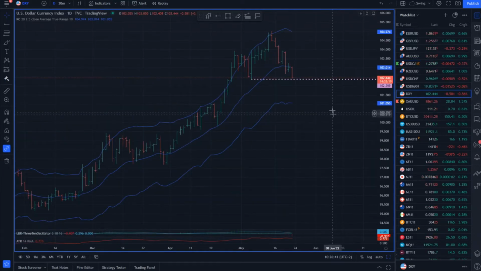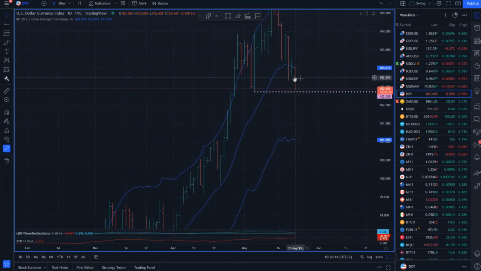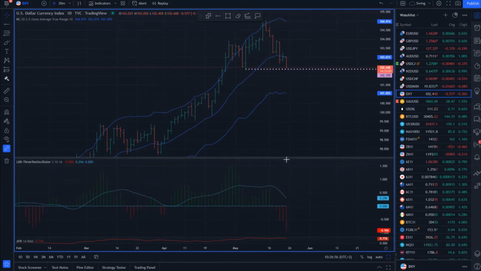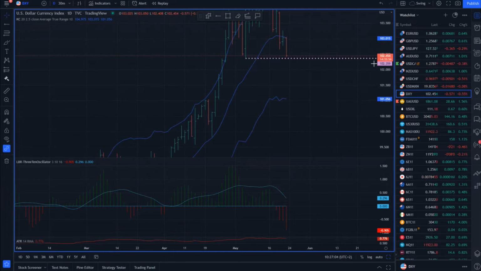Speaking of the US dollar index, basically we can see that the market is trying to test. We had an inside day on Friday, and now the market is breaking to the downside. The next pivot level on the dollar index is basically 102.35. We had this bear divergence in the background, and now the market is breaking this inside day. We'll see how far the market can go, but this will be a very important pivot for today for the US dollar index. Do we have a rejection, a rotation from this level, or do we have a break and follow through? We'll need to wait and see what the situation will be.